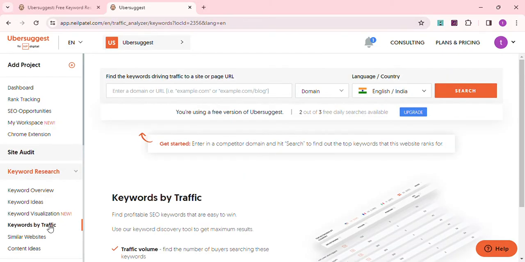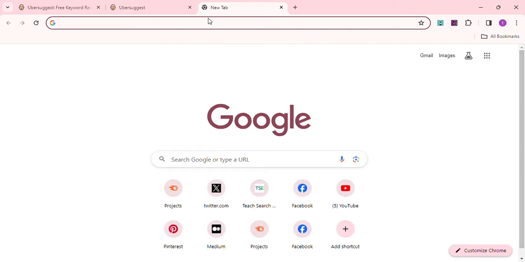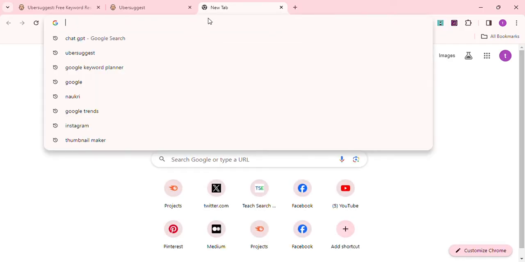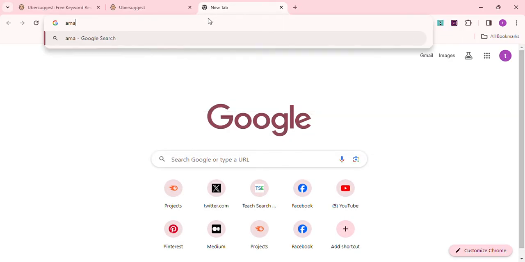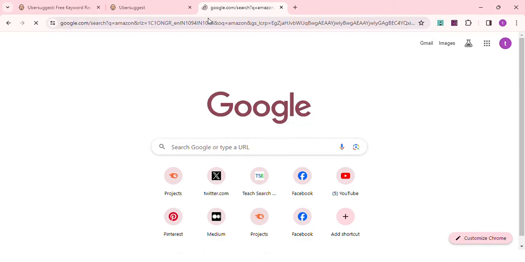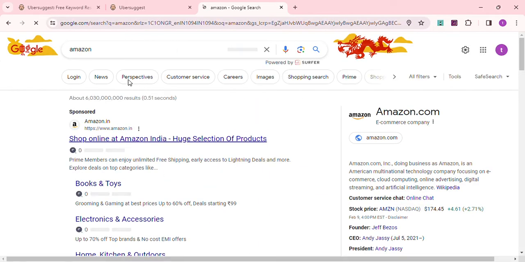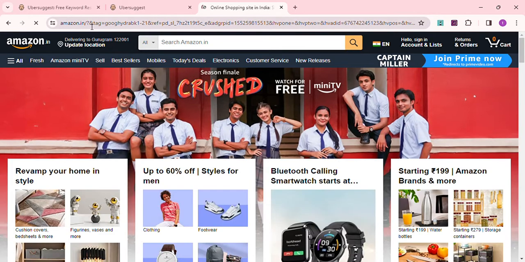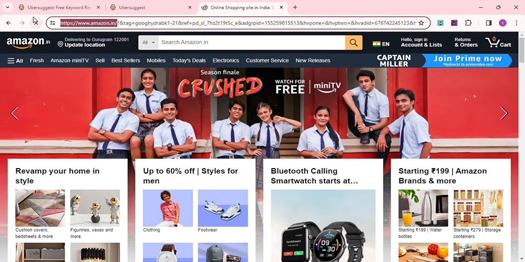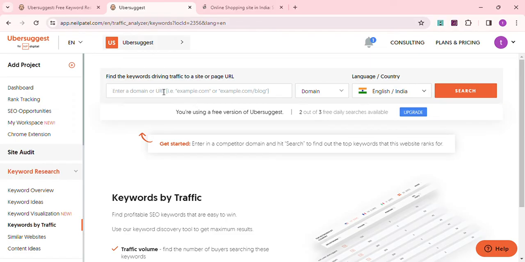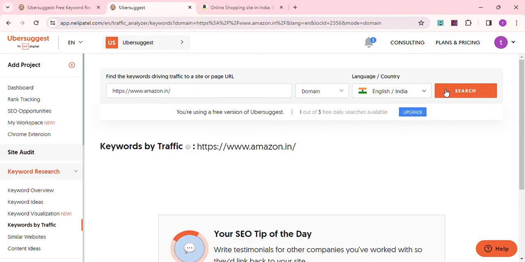Another option Ubersuggest gives you is keyword by traffic. In keyword by traffic, if you have a particular URL and you want to find out how many keywords that particular site is ranking on, I'll show you. Take Amazon, for example, a sponsored link, so just take the particular link. If I click on Amazon here,